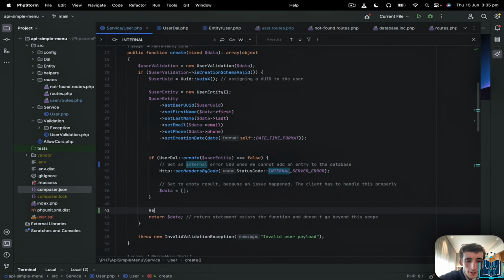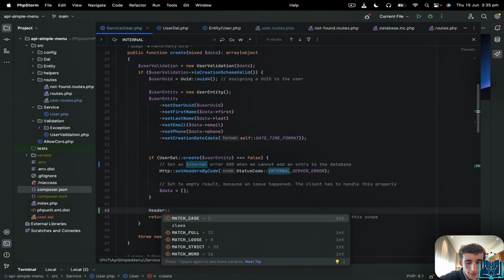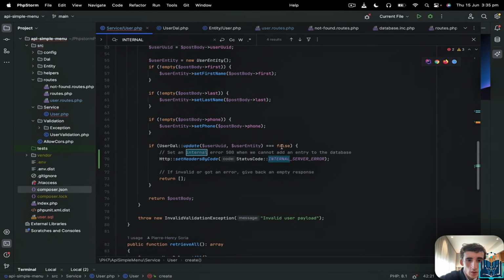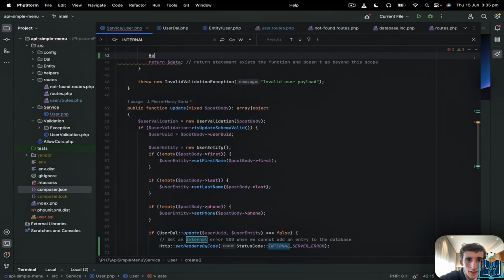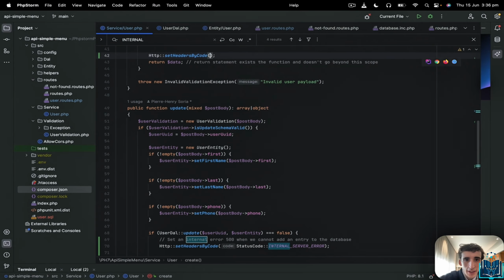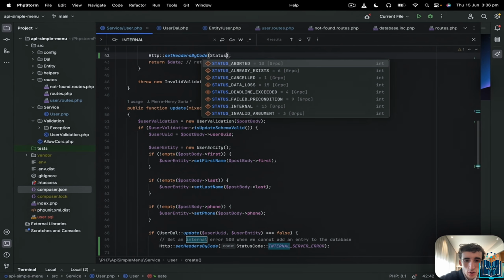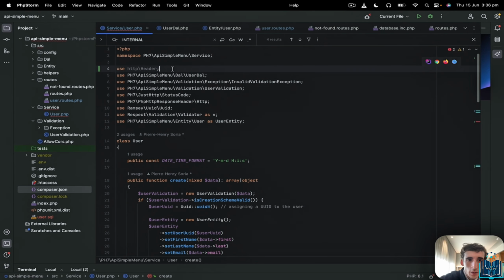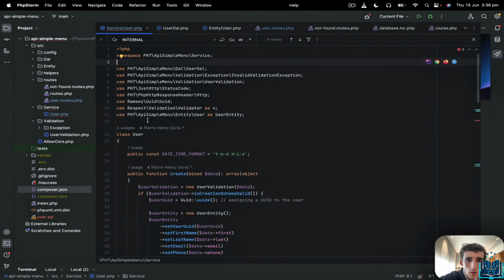So here we can do header, send, it will be similar to there. So it will be HTTP, sorry, not header, HTTP set header by code, and there we will use the status code from just HTTP, the package we previously installed. So you can see we have the just HTTP code, and we have